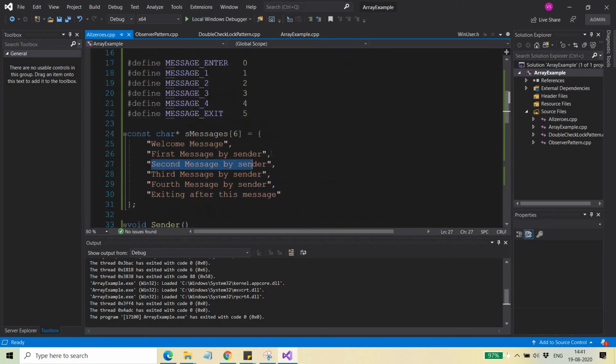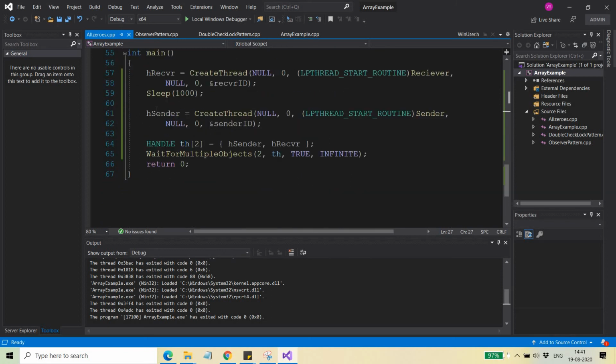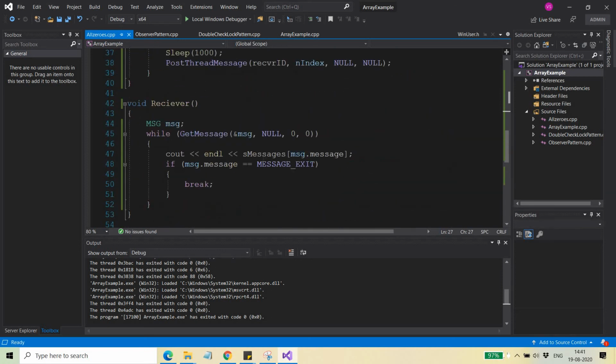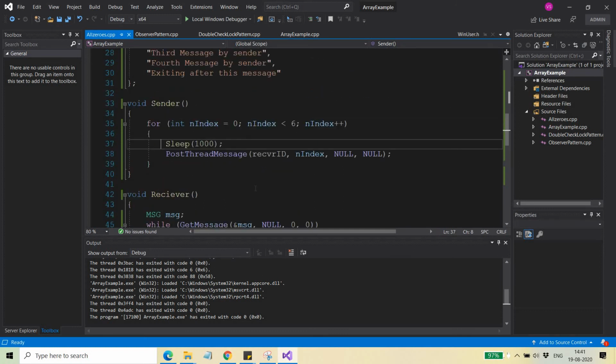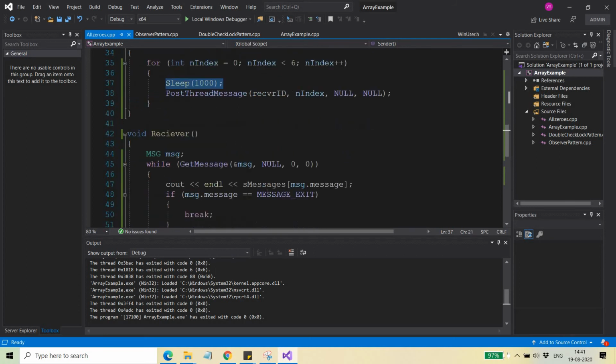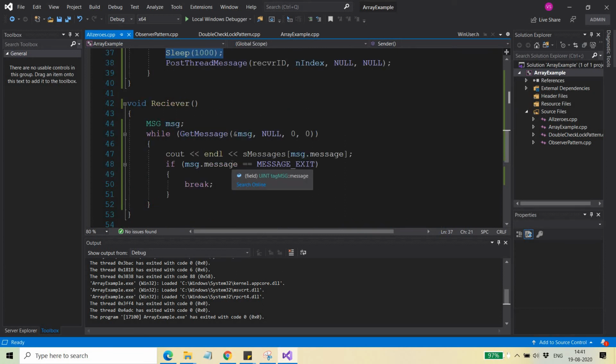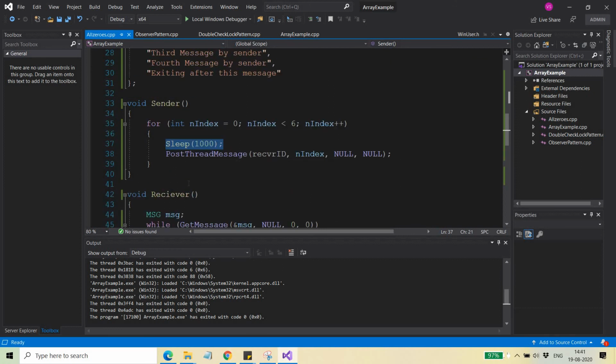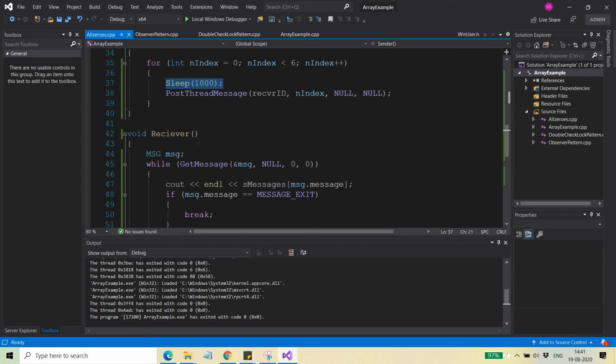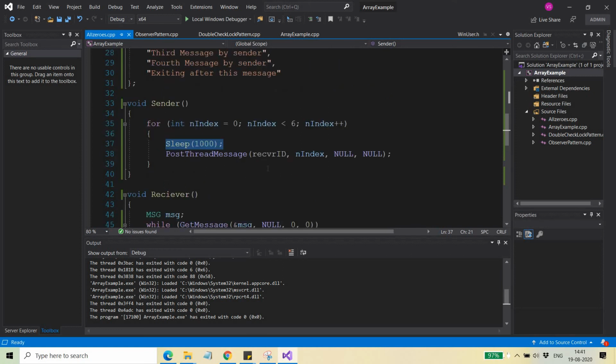In the next video, I will let you know how, without adding this sleep and anything, we can achieve it with the help of synchronization. Because in a real environment it will not be allowed that you add sleep to wait for the receiver to get up and running. When your application is big, and its structure is big, then you cannot assure that even after 1 second your receiver will be launched. It may be that before the receiver, your sender is launched, right?